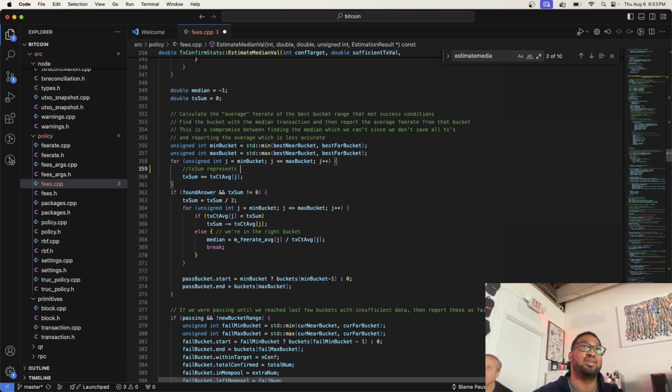Transaction sum represents the number of transactions that have been confirmed after X blocks of being in the mempool. And again, X is being used to track time for a given fee rate range.